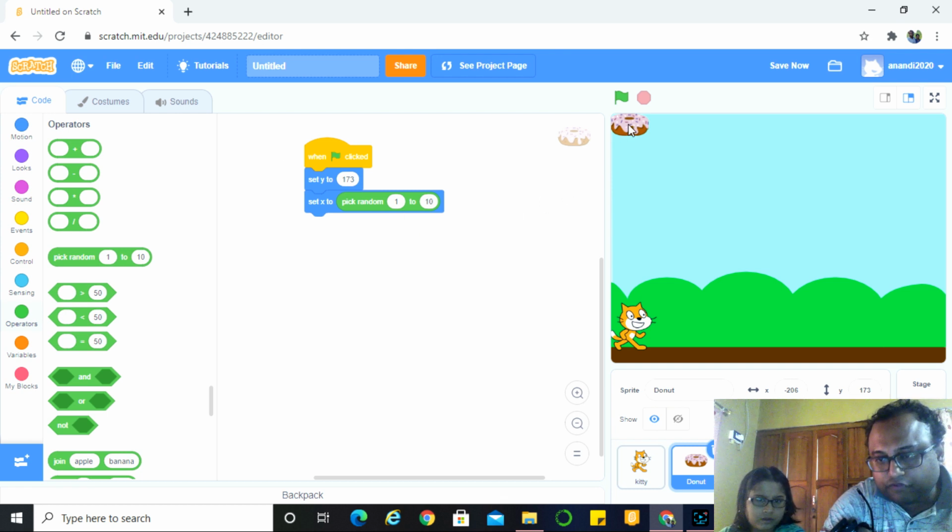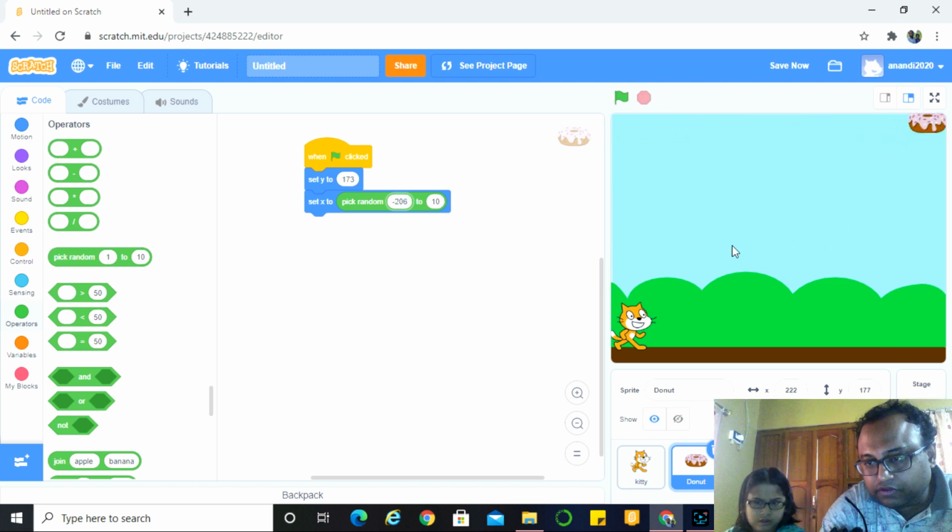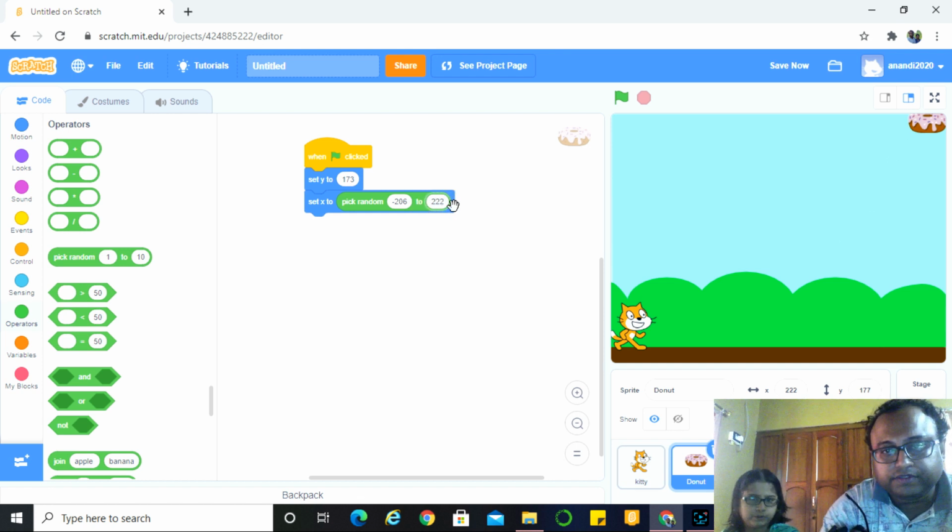It will be from this position, and that is minus 206. So we'll put minus 206 here, and it will go up to this position. So it will be 222. Okay, let's test. See, it can be anywhere. It can be anywhere.